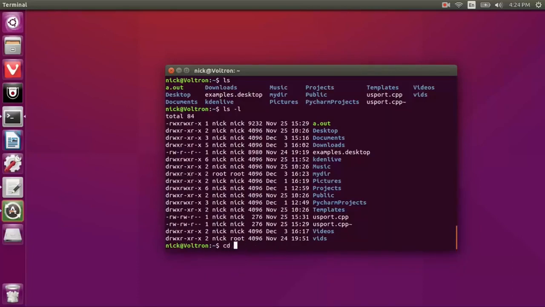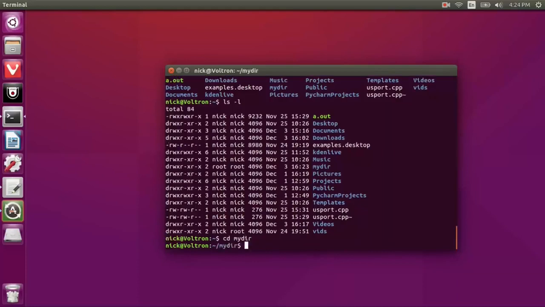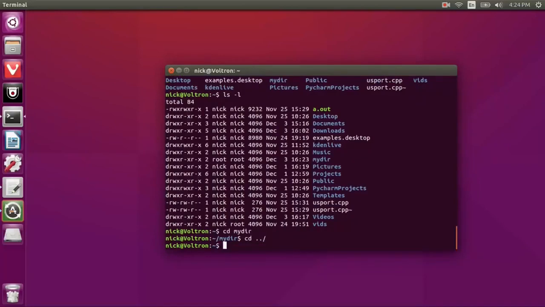So I can change directory into mydir. This is executing it. So I've just allowed myself to execute that, and that allows me to go into it. Now, let's say I wanted to go back up a directory and use this. Let's create a file actually in that directory. So I'm going to type sudo nano file.txt. Actually, I got to put that in mydir. And the way we do that